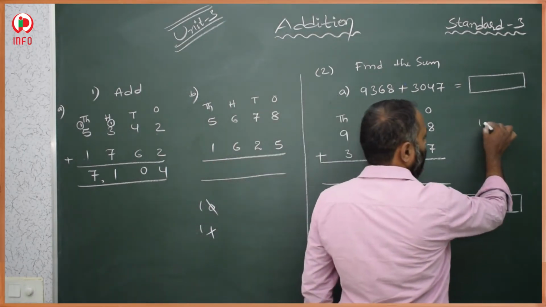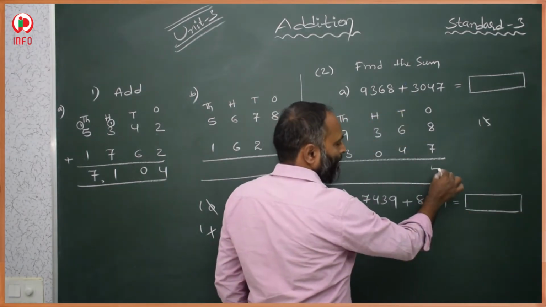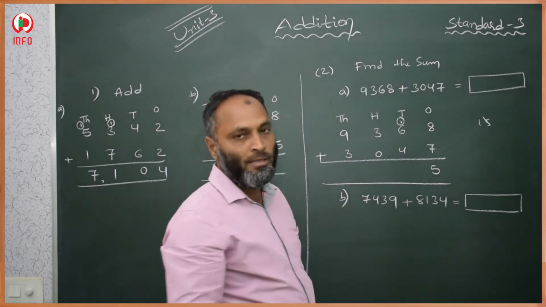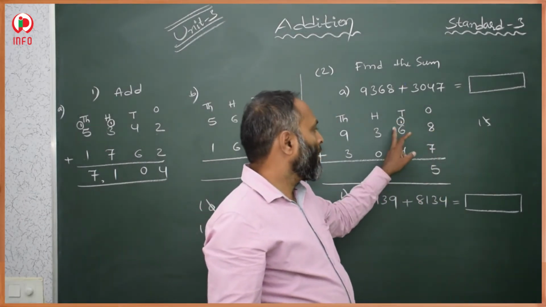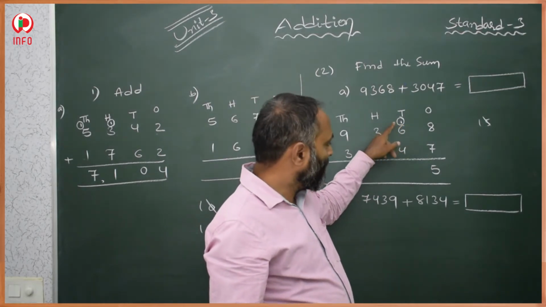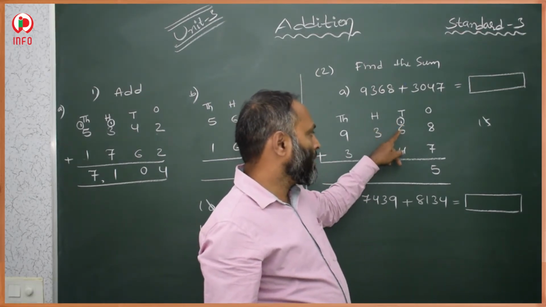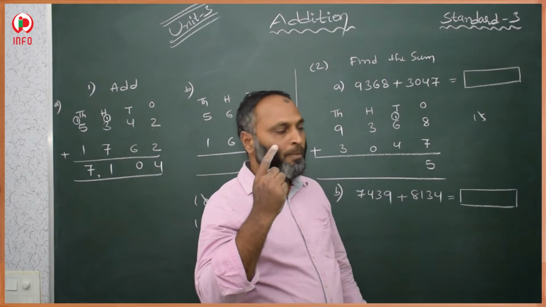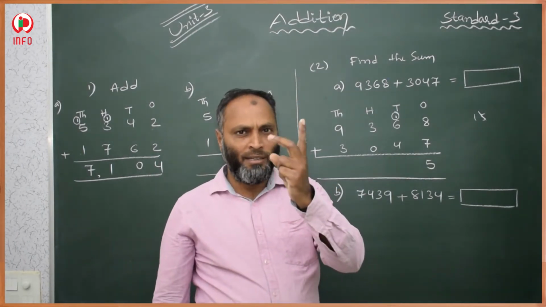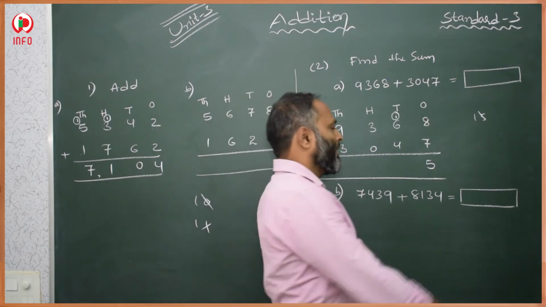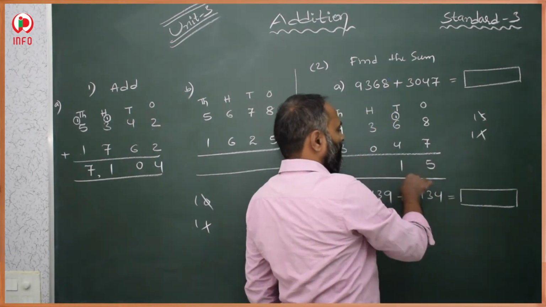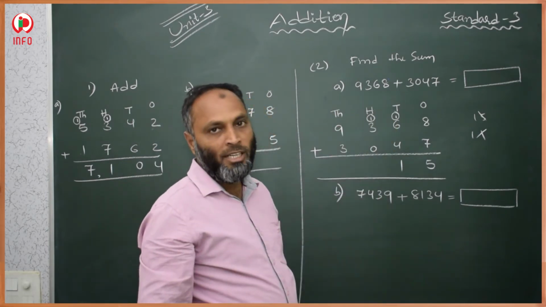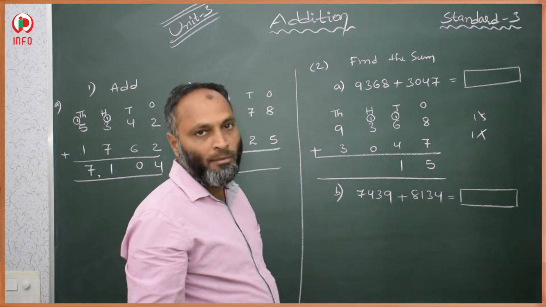How to write this 15? This 5 here, and 1 we should write on the tens place. Then now we add all these three numbers, 6, 1 and 4. 6 plus 1 is 7, 7 plus 4: 8, 9, 10, 11. 11, the ones place is here, and this tens place is on top of 3, that is exactly beside the place.